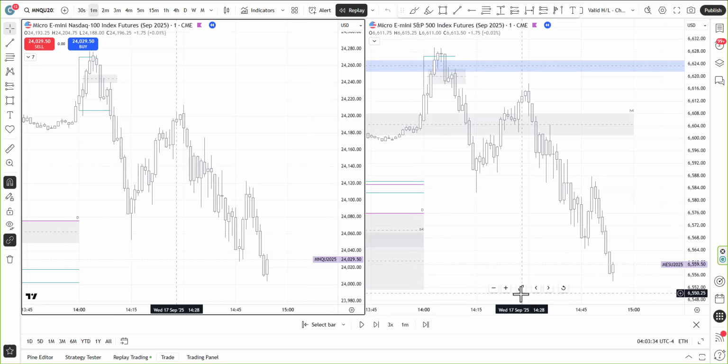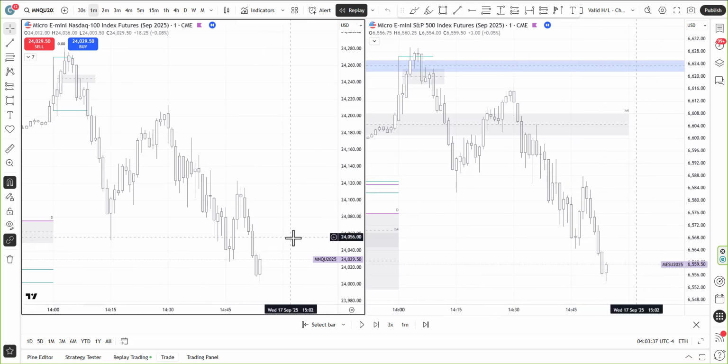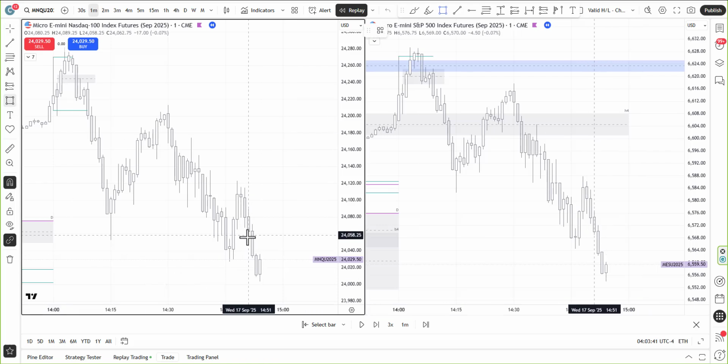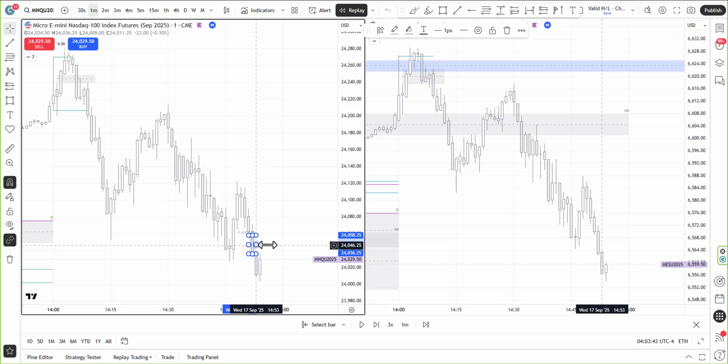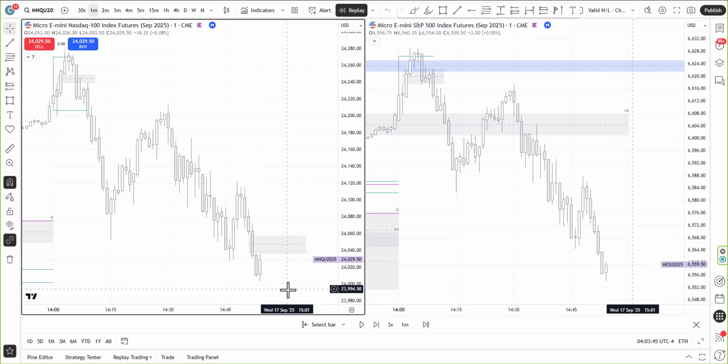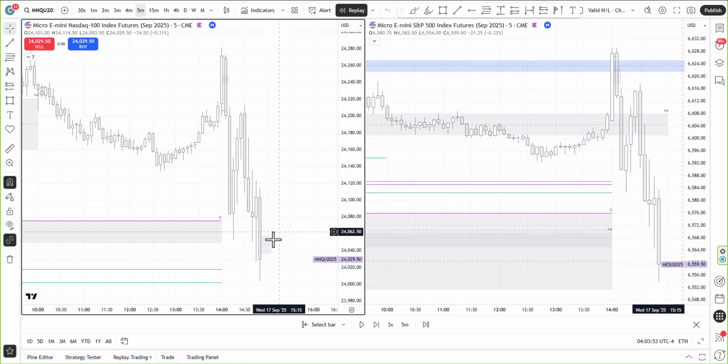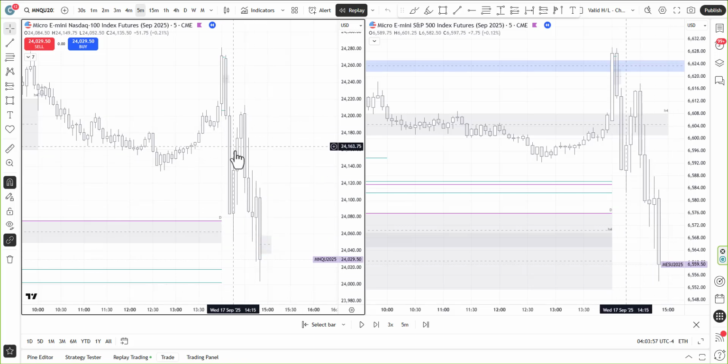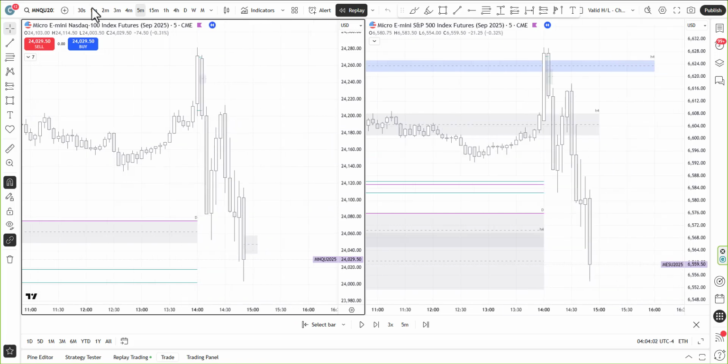I want to see clean levels. And when I mean clean levels, I want to see something that speaks to me. And what I normally do is then, in this sense, seeing the volatility, it would make sense not to trade the 5 minutes. Because as you could see, the 5 minutes doesn't really give gaps. In fact, this is the only gap there was, and it was already broken to the upside. So the 5 minute didn't give any gaps.